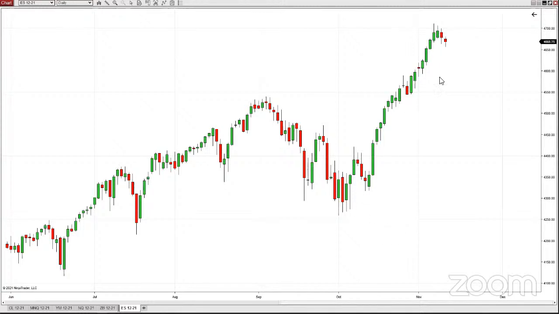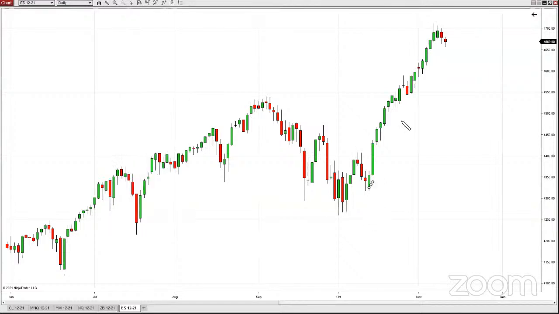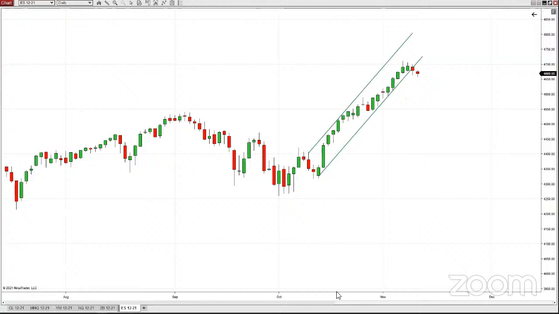And it's pretty clear to me, no offense, it doesn't take a rocket scientist to see that we're trending upward, right? The trend is up, the trend is positive. So I'm going to just draw a trend channel here. It's a real rough channel, it's not going to be perfect, but just so you get the idea, right? Prices are moving up this channel right now.